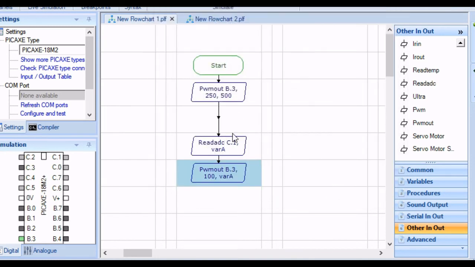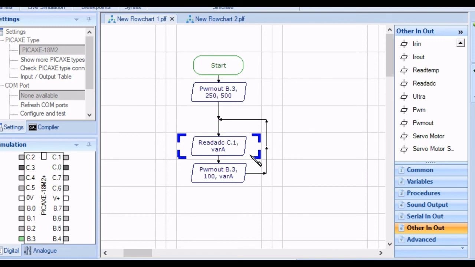When I click OK and I return this back to the input, what's going to happen now is my output pulses is going to change. Well, the duration of each pulse is going to change. The frequency is going to stay the same, and that is then going to be able to control my servo motor or an inverter or whatever the case may be. So when we simulate,